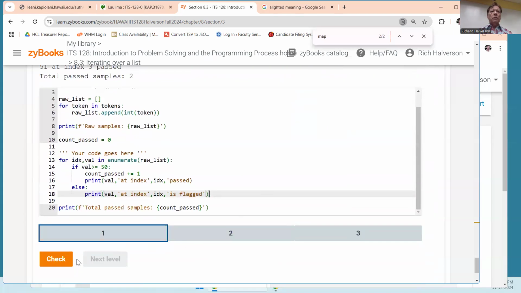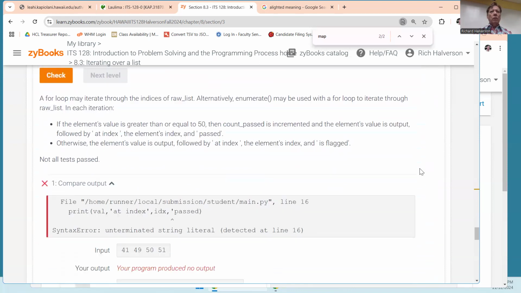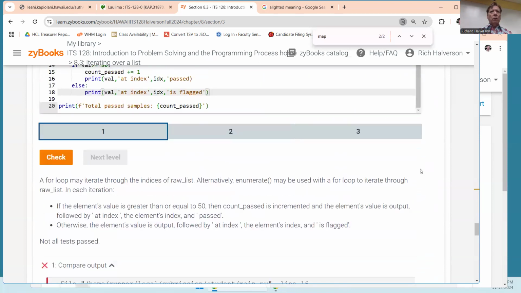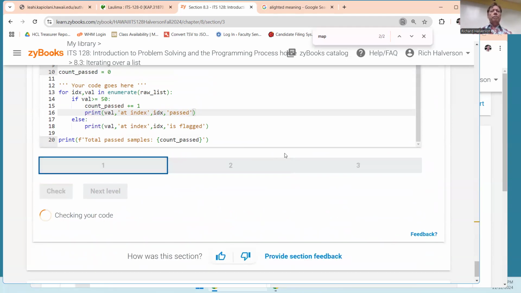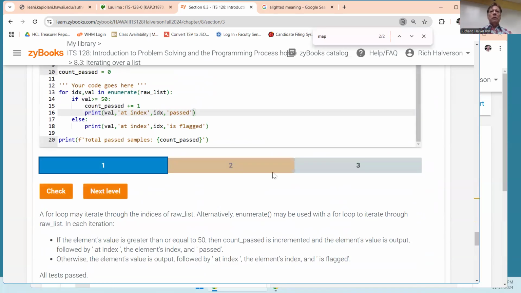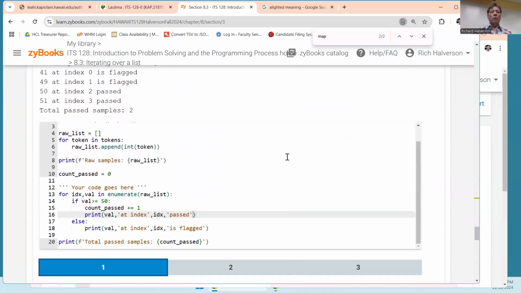Okay, let's see what this does. What went wrong? Something's wrong. I forgot this. Okay. Oh,